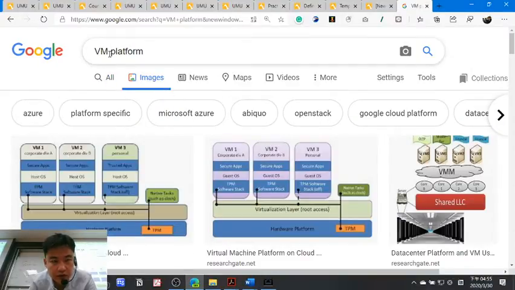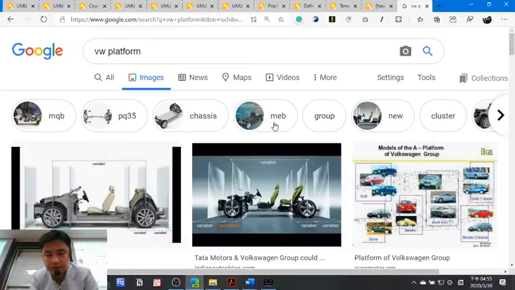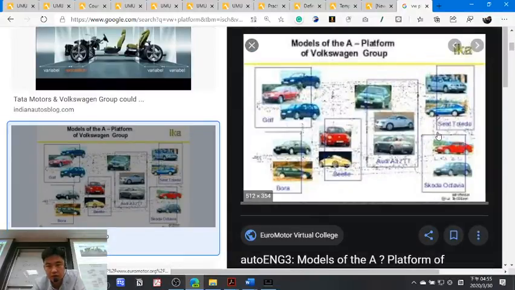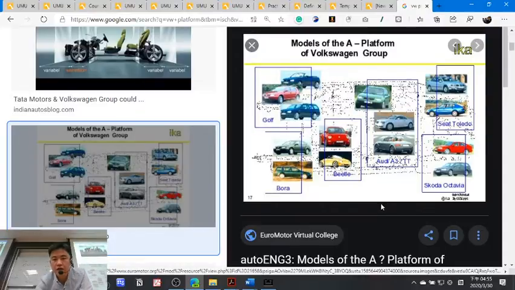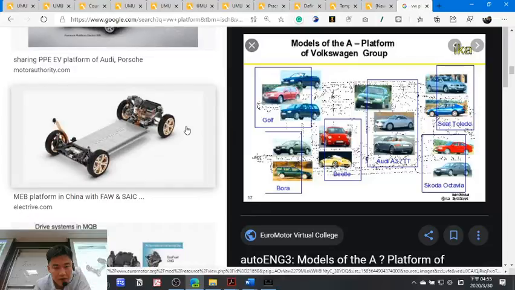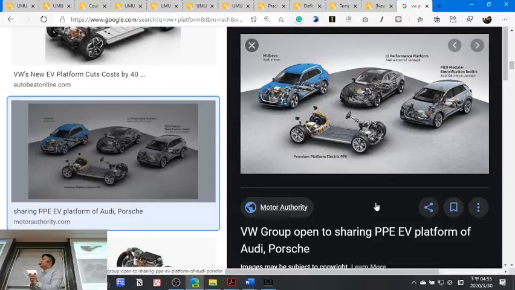Oh, so why is this photo so ugly? Let me find a better one. Ah, this one is good. Okay, so you see that Volkswagen, they design a common use platform like this. And this platform can be used